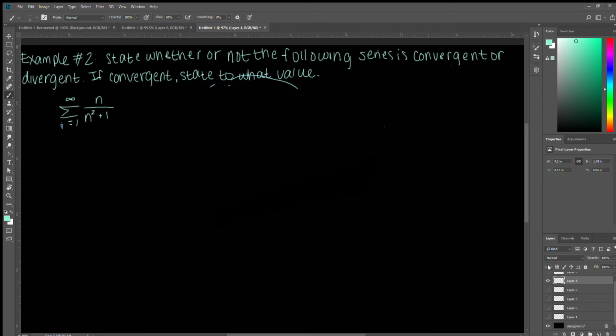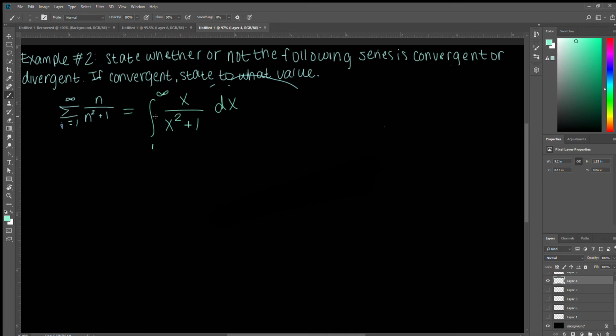Moving on to the next example, which is the same spiel as last time, we are going to state whether or not the following series is convergent or divergent. If it's convergent, state to what value. So, step 1, we're just going to be rewriting this. So our lower bound is 1 and goes all the way to infinity of x over x squared plus 1 dx. And again, this function will always be positive since it has a square in the bottom,